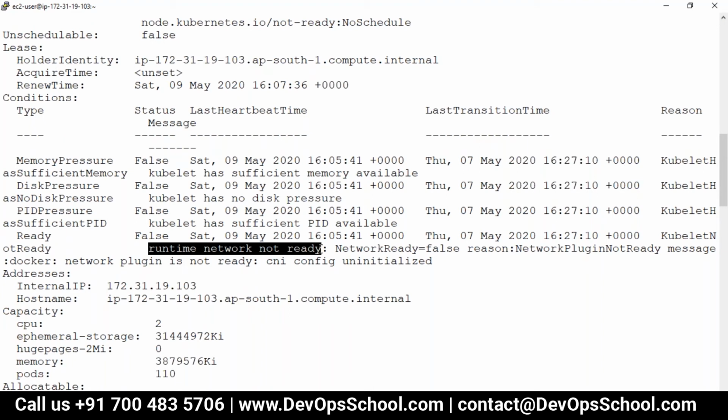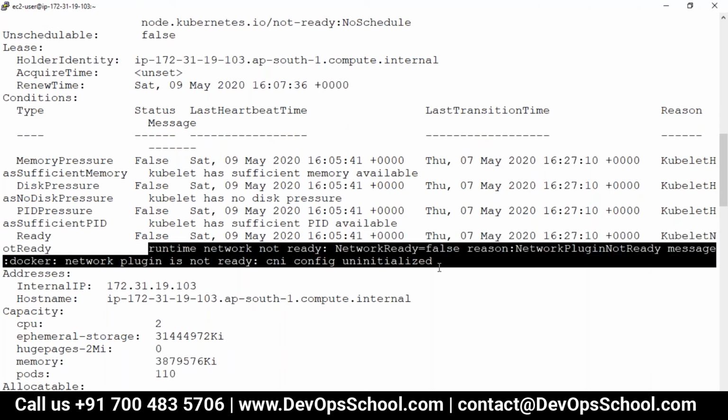Because networking in Kubernetes is there for the pod network. Remember, I'm not talking about the physical network. They do not communicate on the physical network. Again, I'm repeating, Kubernetes does not send the data packets over the node network. It travels to each other through the pod network, and that was not installed, that was not ready.